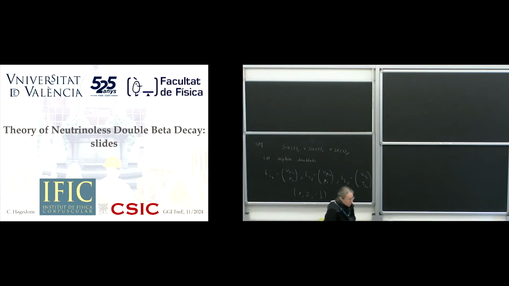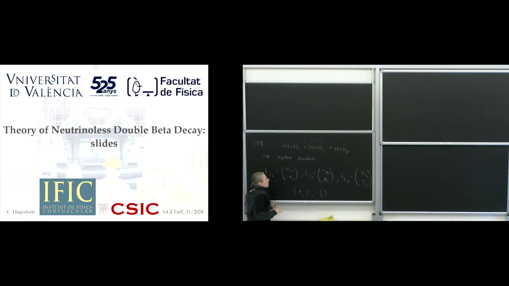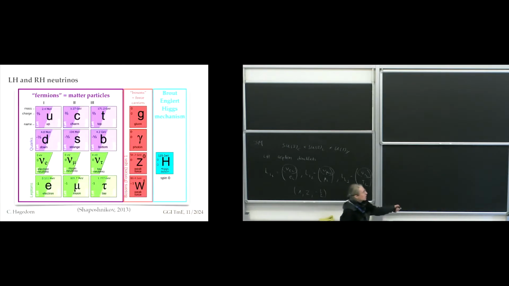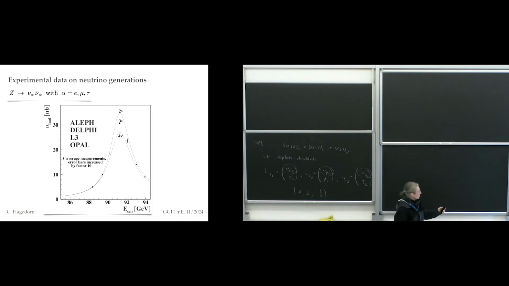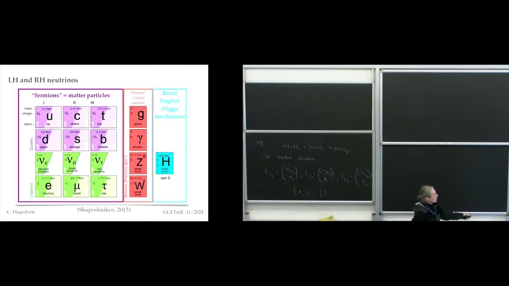I want to start very basic, and a few things are just reminding you. The first thing is we find them in three places. We find them here, here, and here. So the first question would be, why are we convinced that there are actually three of them around? There I would like to remind you of what we see. This is the standard model. We were saying here are the friends which we know. You see there is a hole which we are going to discuss in a minute.